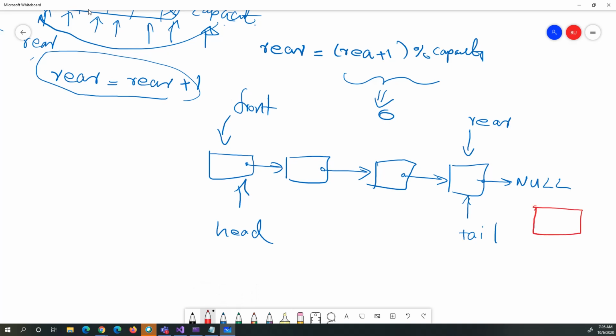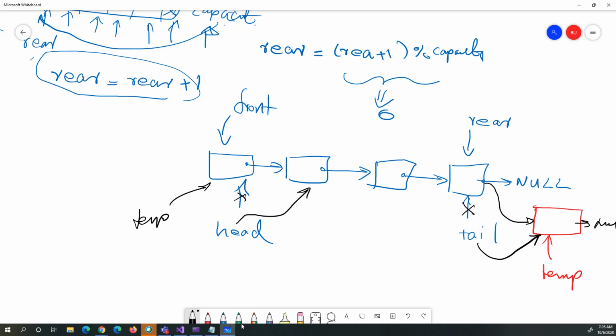So how do you do it? So we have a temp pointer and then we put this here and we put this one here. This is null. And when we remove this one, we put a temp pointer to save this one and then move this one here, and then we can delete this later. So it's very easy